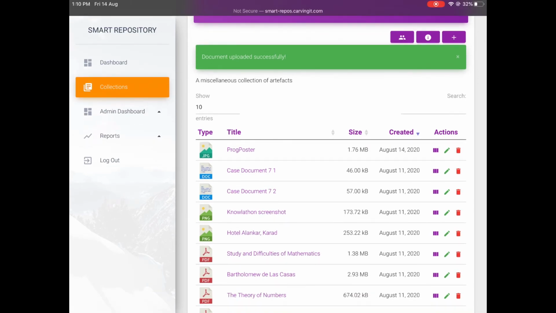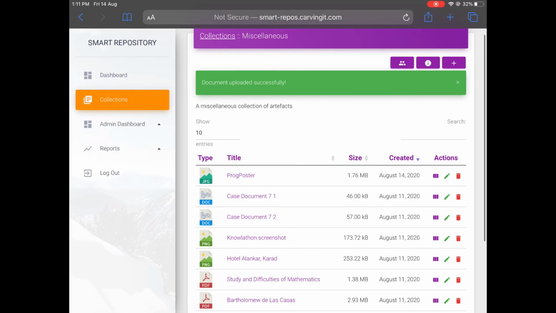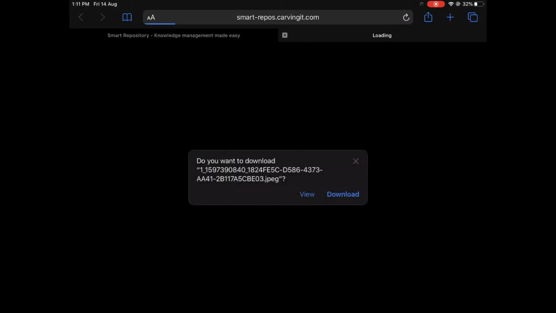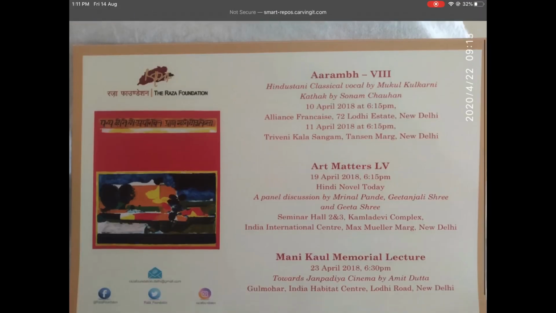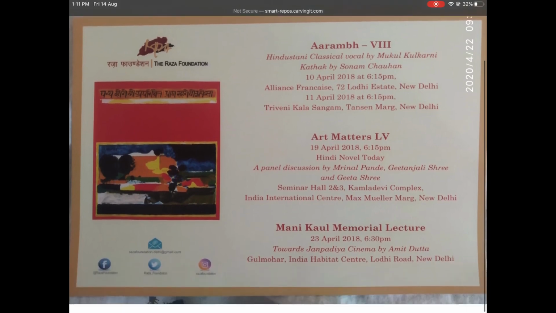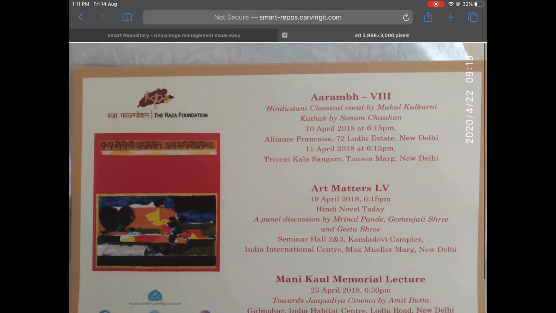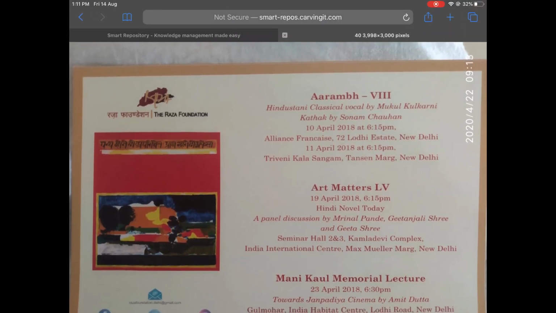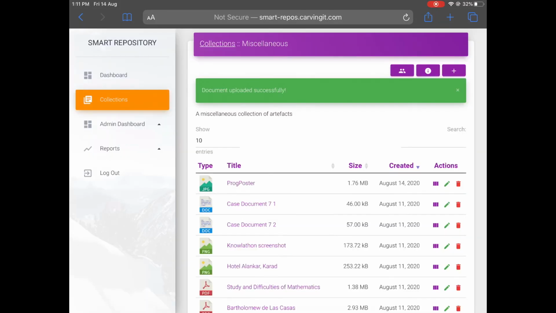So the document is uploaded successfully, and I can see it here, 1.76 MB program poster, a JPG file. Now I'll click it, and I get the option to view the file or download. I'll just view the file, and I see that it's a poster of some program. It's a JPG file. And now we come to the